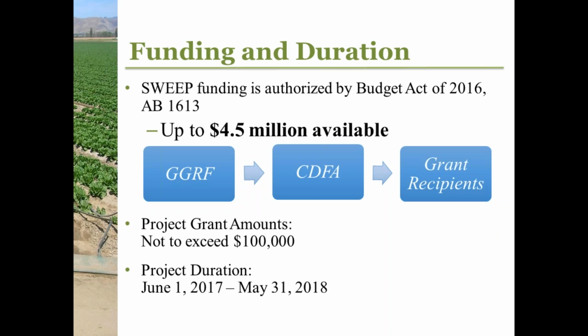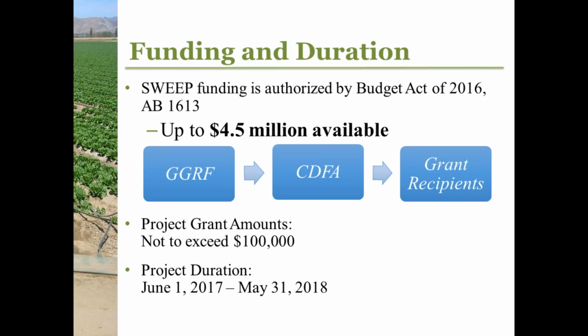So how the funding works. SWEEP funding is authorized by the Budget Act of 2016 and Assembly Bill 1613. We do expect up to $4.5 million to be available for the 2017 SWEEP round. Again, the department is appropriated Greenhouse Gas Reduction Fund Program money. The California Air Resources Board is the lead agency on this, hence why we have to ensure every project has greenhouse gas emission reduction. We receive the funding, and the department operates as a pass-through entity. Once we receive your applications, for those that are selected, we make grant agreements and awards